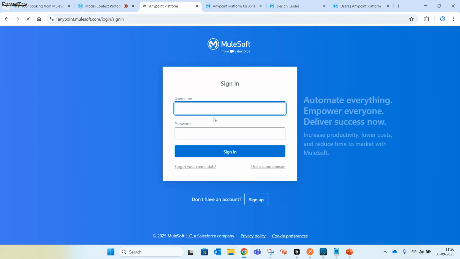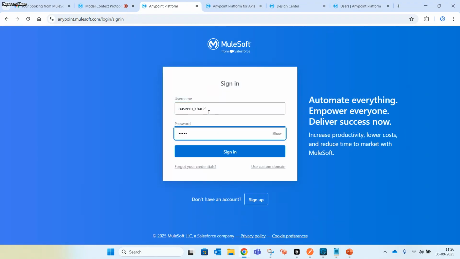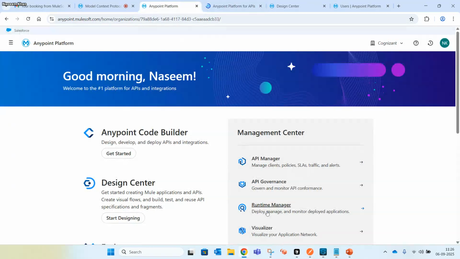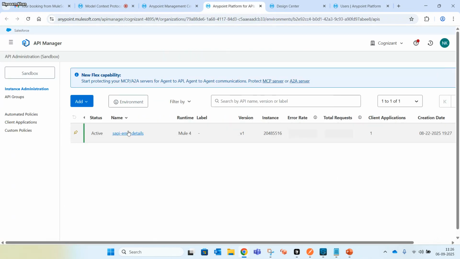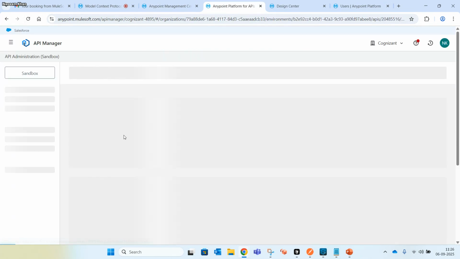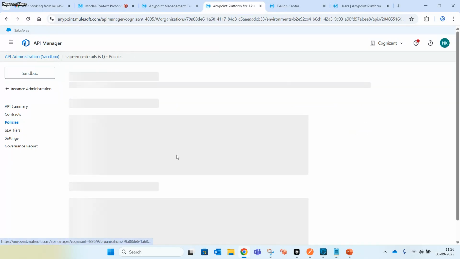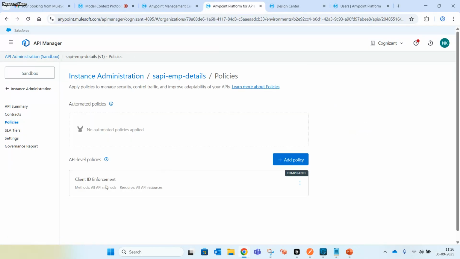I think it's signed out. Yeah, you can see here SAPI employee details, and the policies are enabled, this client ID enforcement policy.